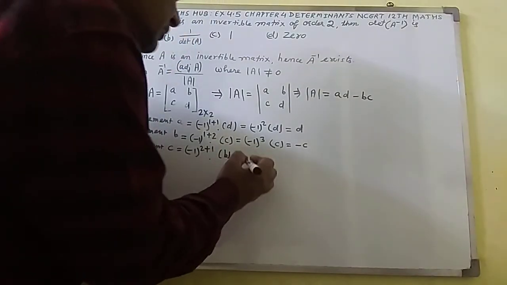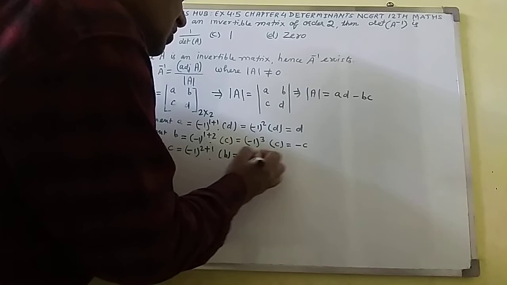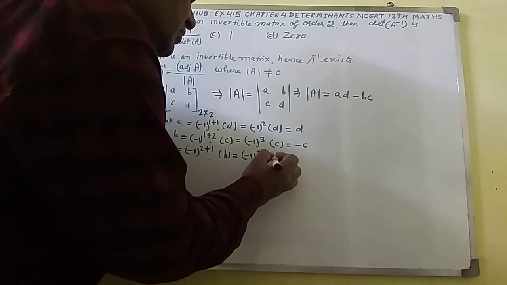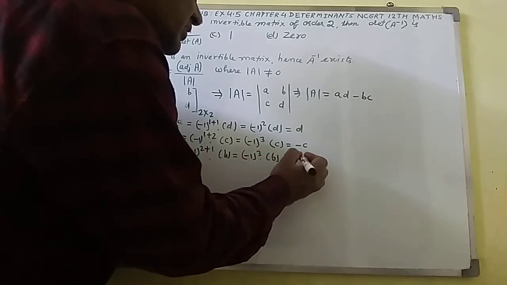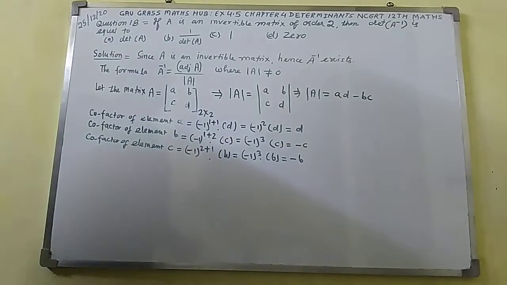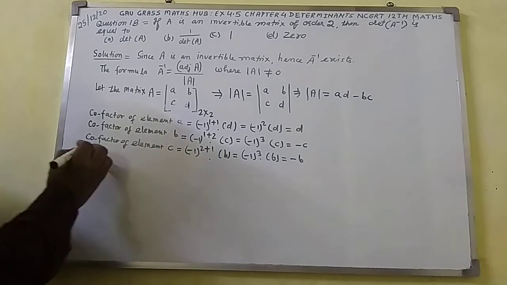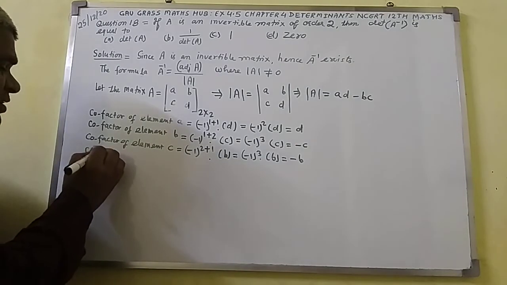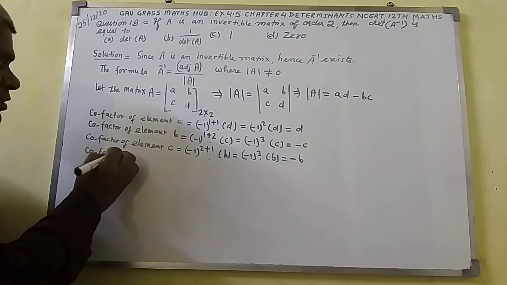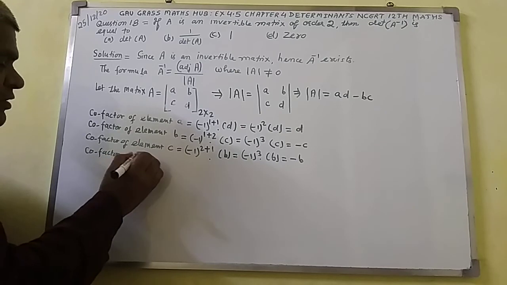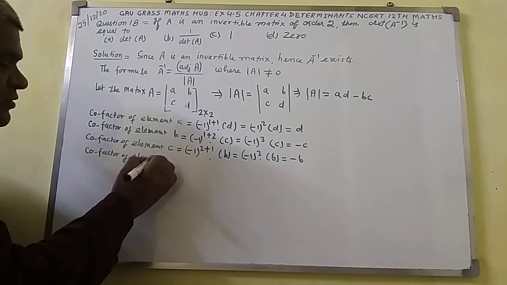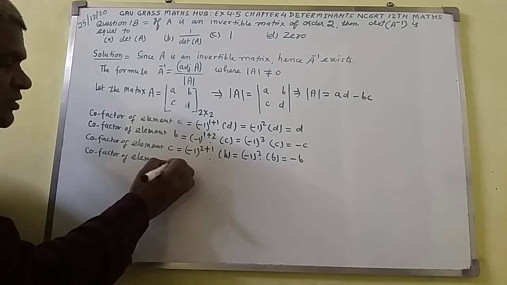It will become -1 raised to the power 3 dot B comes out to here -B. This thing we have got. Again I shall get the cofactor of element D. So here write cofactor of element D equal to